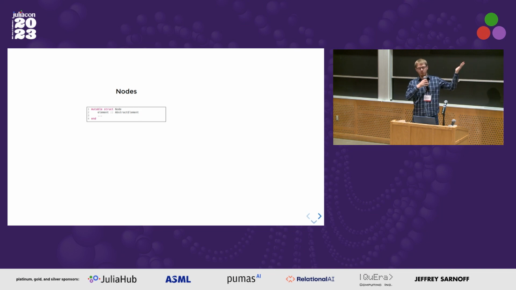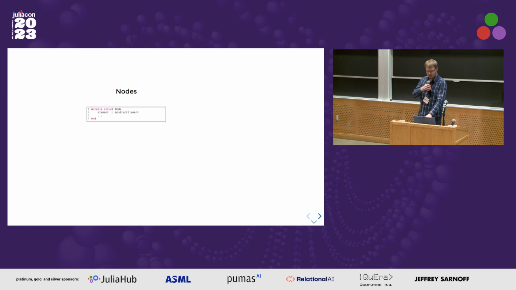you have the node type, which provides type stability. Each of these nodes on the tree, once it's been parsed, will be represented by a node type, and that contains all the information about how to connect the different nodes together. So you can traverse the whole tree, and it's a single type, so it's type stable. This is an improvement over the representation in the Markdown standard library, where things are stored in Vector{Any}s all over the place, and it's extremely type unstable, and there are also no rules, and the fields are kind of randomly named, so it's pretty annoying to traverse the whole Markdown tree using the